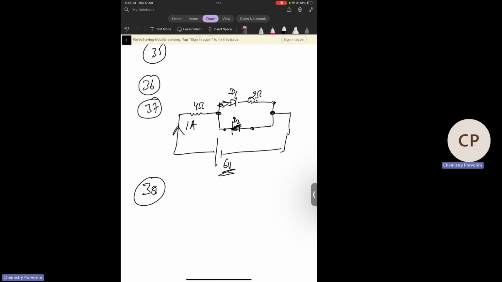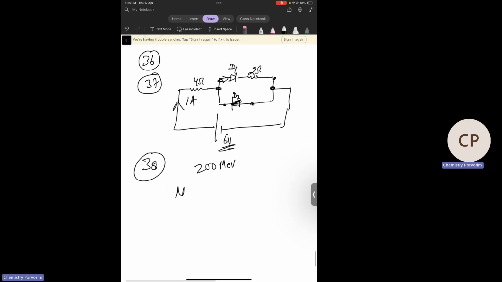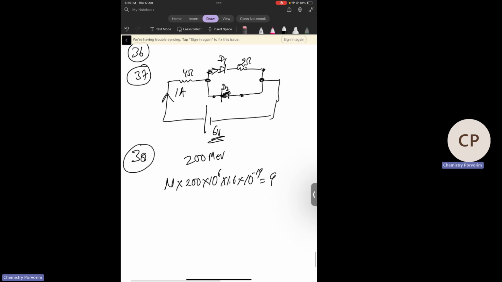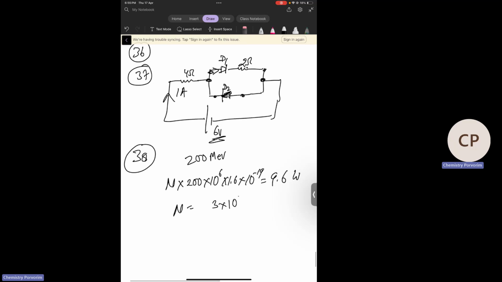38. The energy released by the fission of one uranium atom is 200 mega electron volt. The number of fissions per second to produce energy of 9.6 volt, so n will come to 3 into 10 raised to